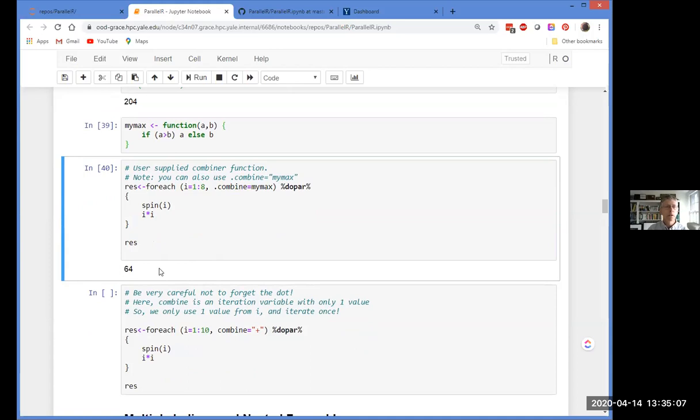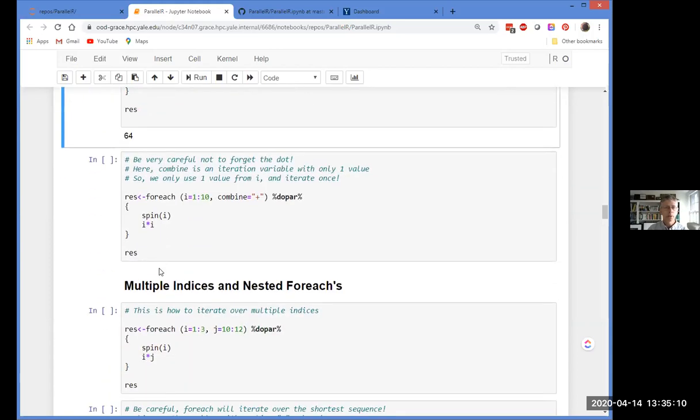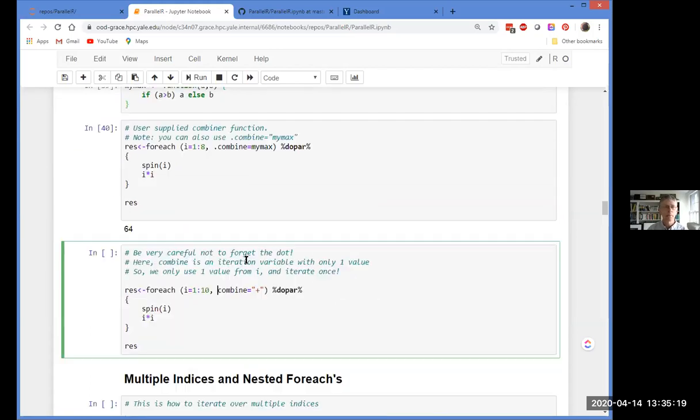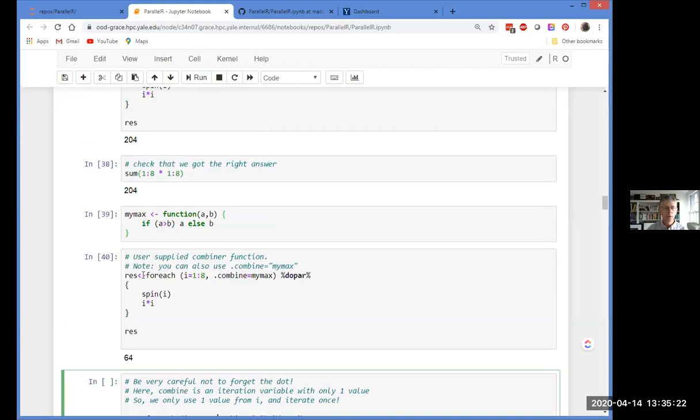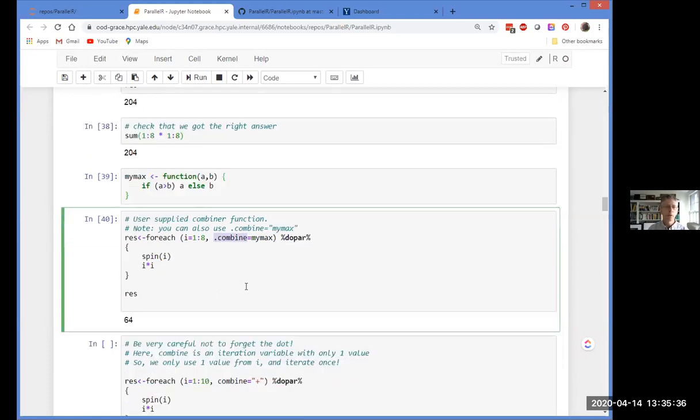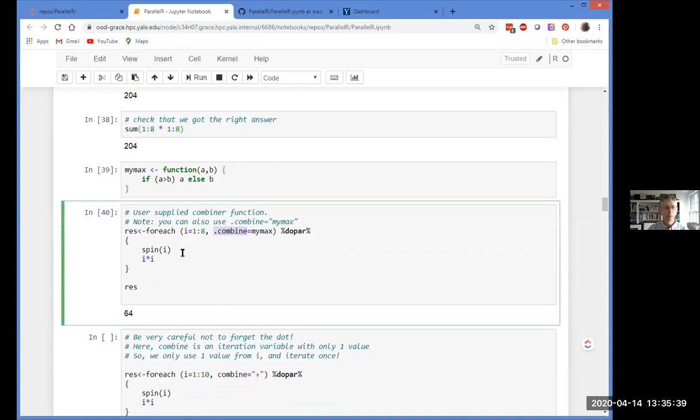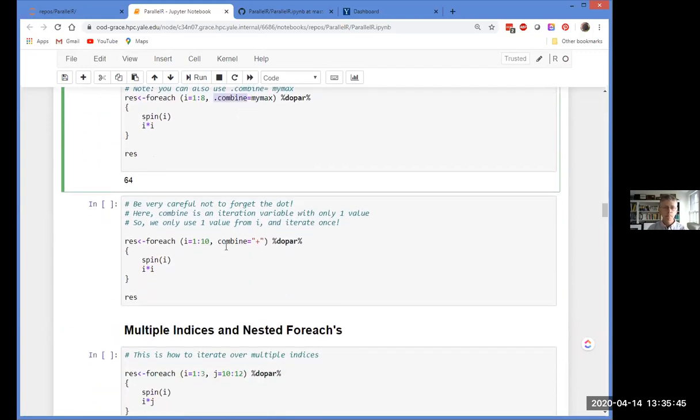Now, one little gotcha here, and I know about this because I stepped in it myself and had to figure out what was wrong. If you forget to put the dot here, so I should actually back up. I haven't shown you the full definition of foreach, and I probably won't show you everything, but there's a set of values you can put here of parameters that all begin with dots. These are useful secondary parameters that can steer the way foreach works, and one of them is combine, so .combine. If you leave that dot off, strange things will happen.